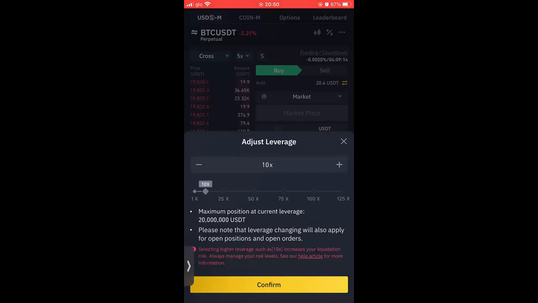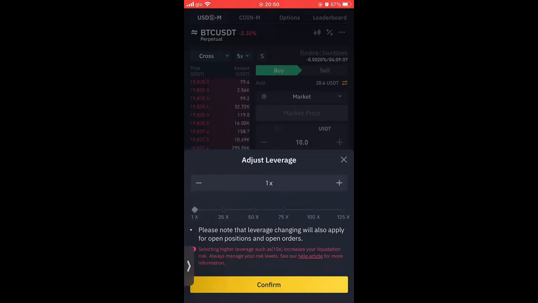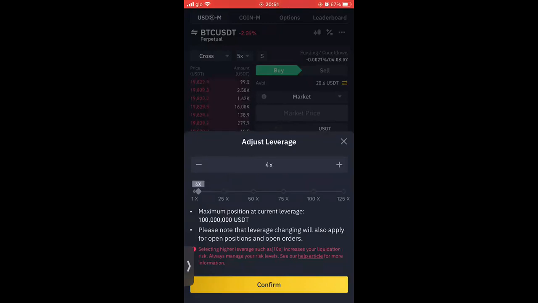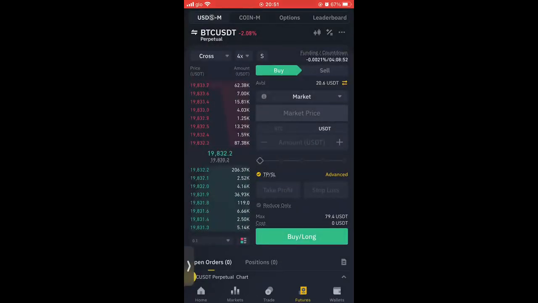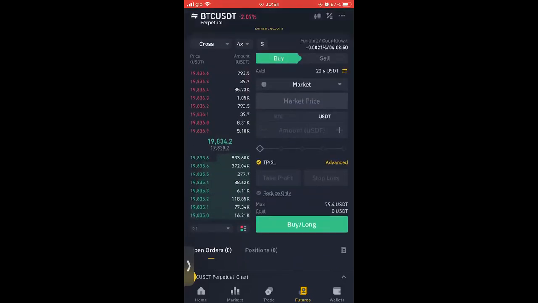Like I said, 3 to 5. You don't necessarily have to use it. If you're not using leverage at all, your profit just increases in terms of pips, just the way we do the normal pip calculation. But if you want to make it bigger, like 3x or 4x, you confirm.